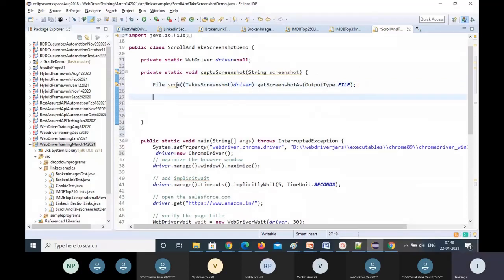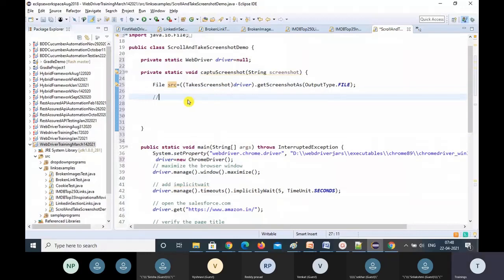Now after that, we need to generate this. You got it into one file variable. I need to copy it to some other location. In this project directory under src, I'll create one more folder, a screenshot folder, and inside that folder I'm going to place it. Okay, fine. But I want a dynamic screenshot. How can you generate a dynamic one? I will add the date so that it will be dynamic every time, since date and time will be different, right?